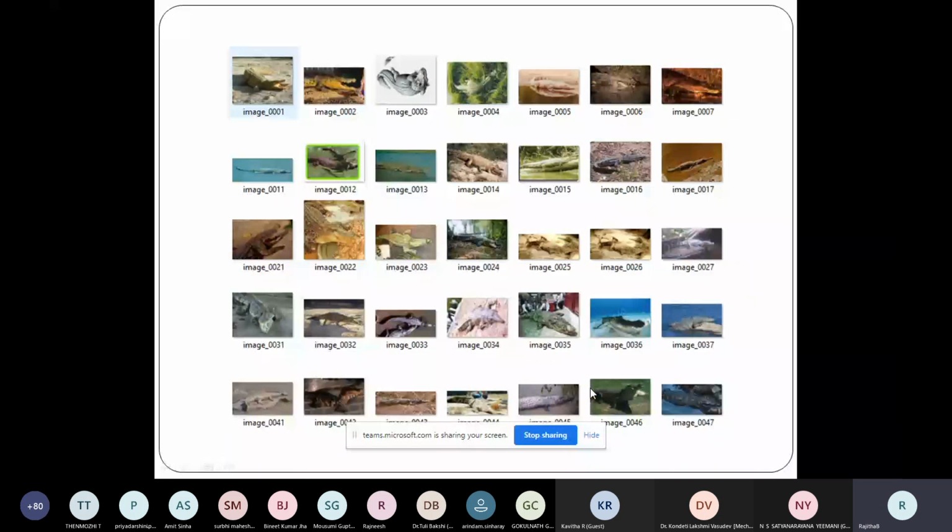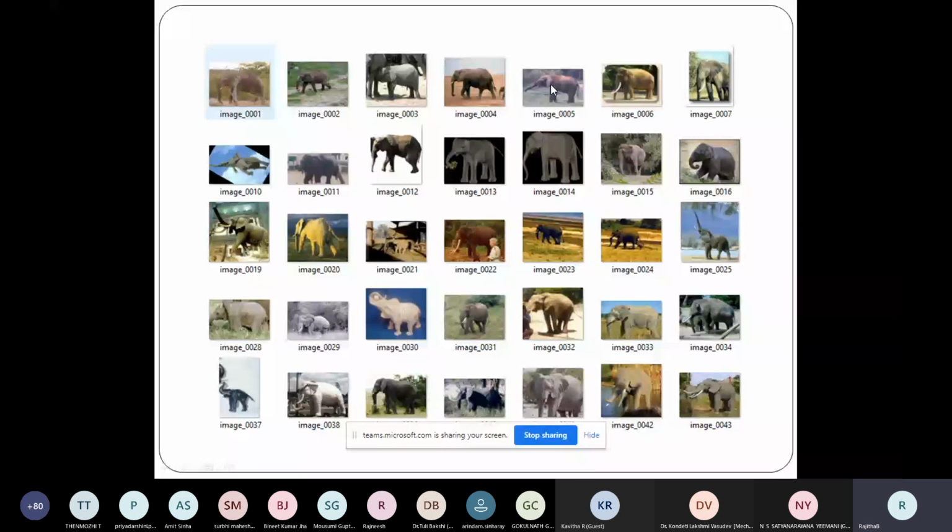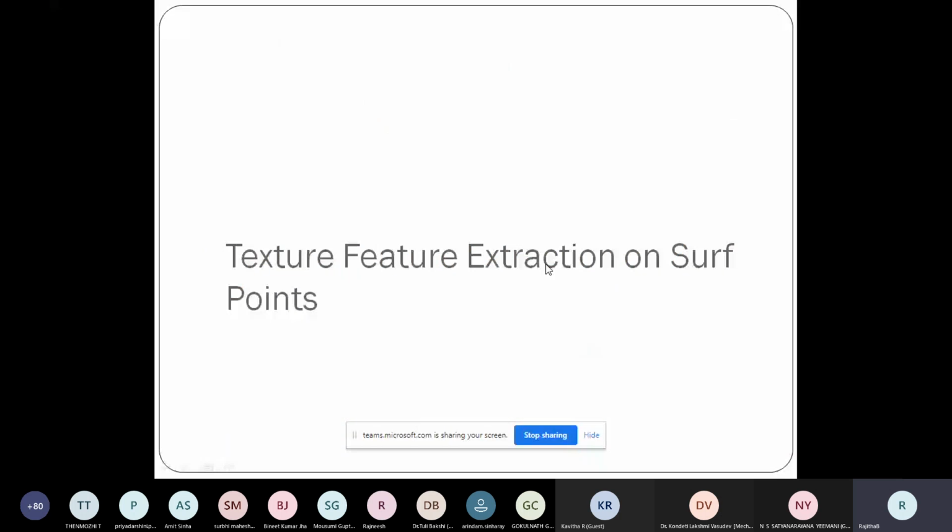Now on each and every image of all the categories, I need to construct a feature vector, as well as on the last image. Now, how do we do that? Feature extraction, right? Feature extraction can be done in multiple ways, as you have gone through in many sessions in this workshop.